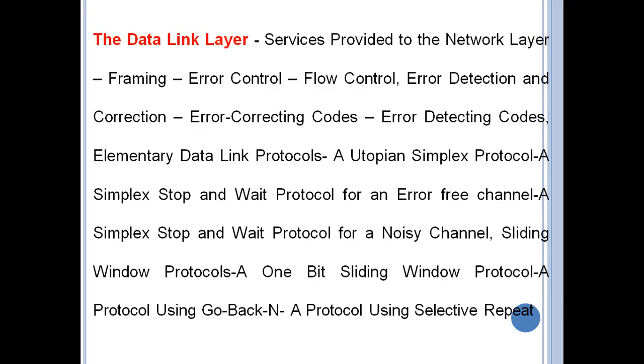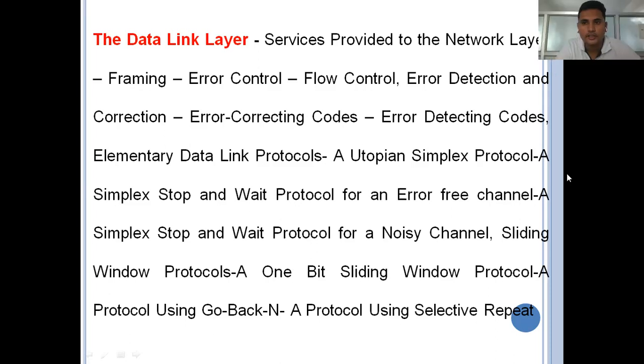There are 3 sliding window protocols. The first is the 1-bit sliding window protocol, the second is the go back N sliding window protocol, and the third is the selective repeat sliding window protocol. That is unit number 3. With this video we successfully completed unit number 3, and I will make another 2 videos related to unit number 3, which are the overview of unit number 3 in 2 parts, in the coming 2 videos.